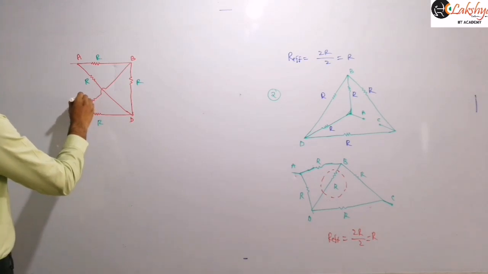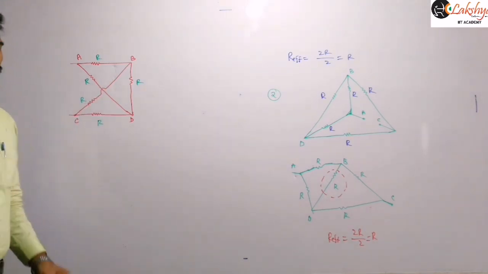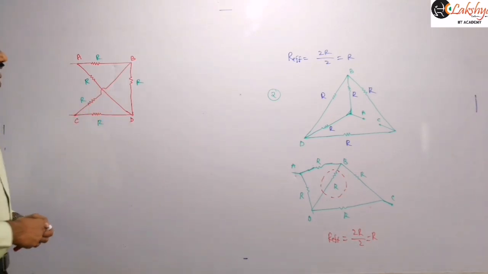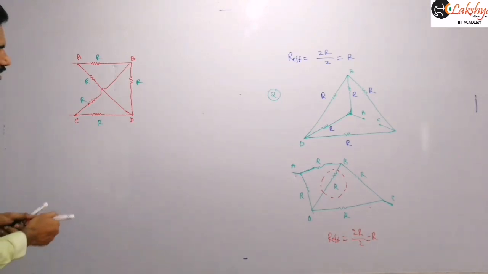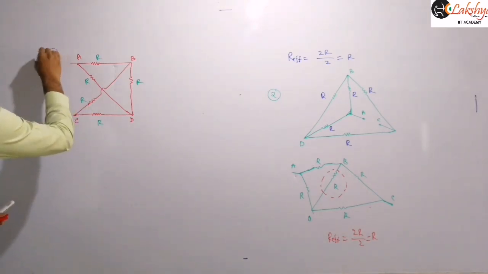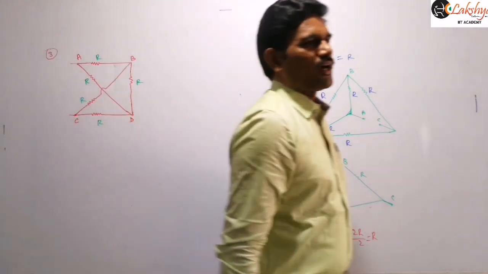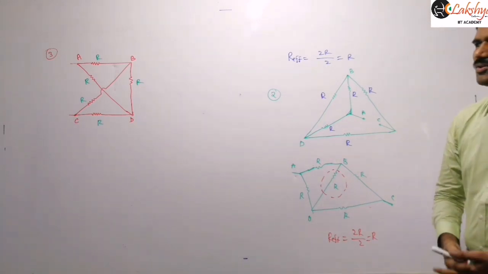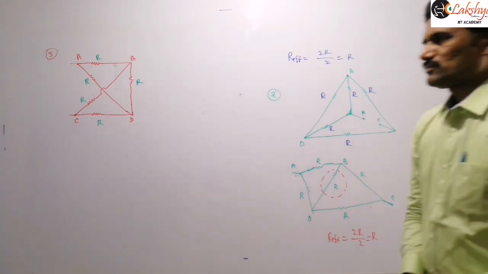Previously I mentioned already, whenever such a symbol is there, that indicates there is no connection between those two wires. That means these two wires are not connected, right? Now again we need to identify how it becomes a Wheatstone bridge, and what is the position of the galvanometer. Can you see the position of the galvanometer? It's a very simple circuit only, right?